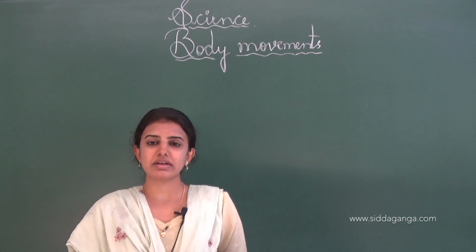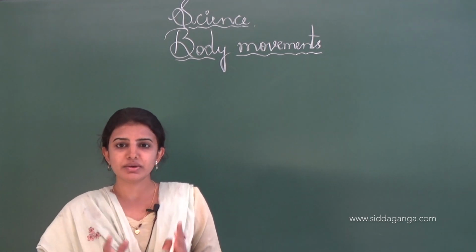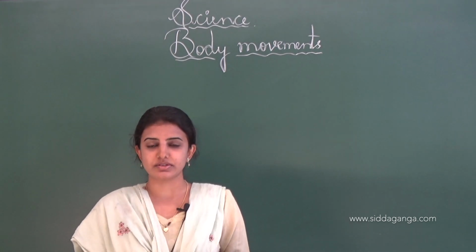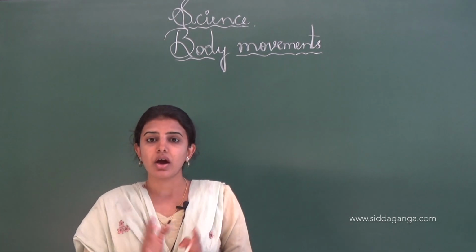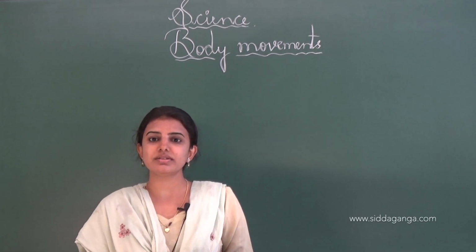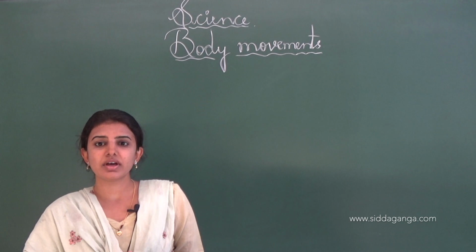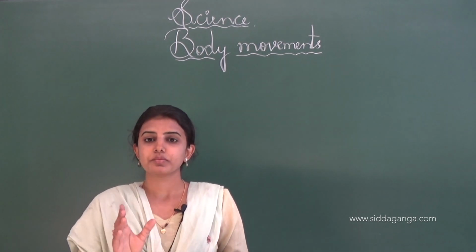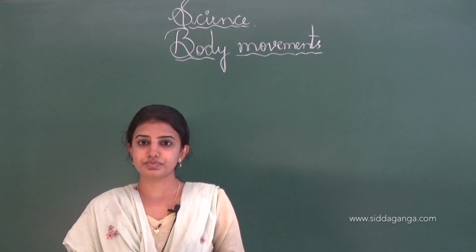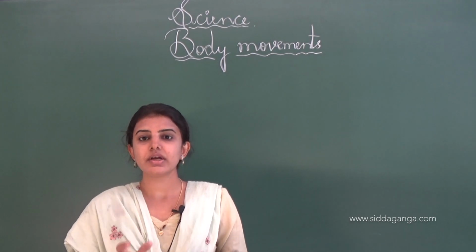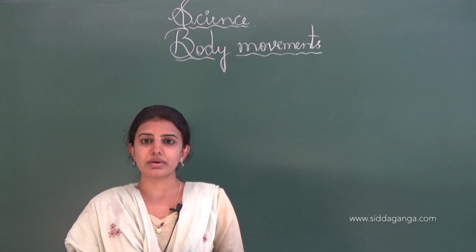Joints can be classified into three main categories: movable joints, immovable joints and slightly movable joints. Immovable joints are those joints which can't be moved at all, fixed in a particular place. The next one is slightly movable joints. Those joints which move slightly are called slightly movable joints. For example, the joints of the backbone are an example of slightly movable joints. These joints can be moved in a slight manner.